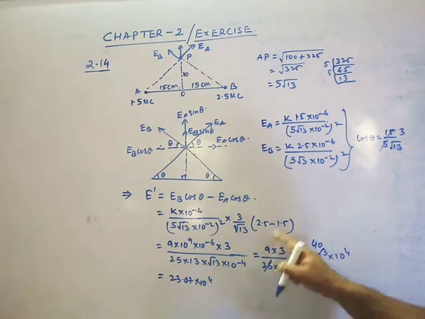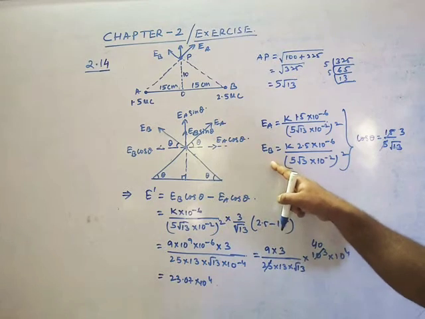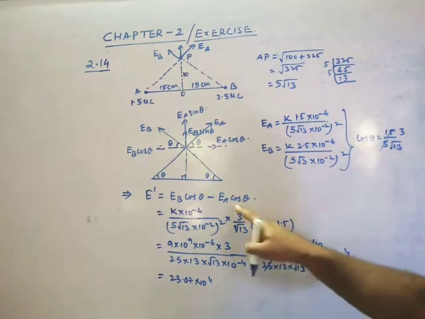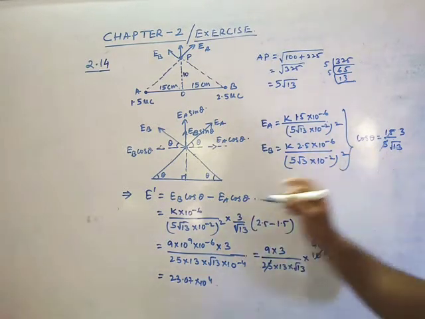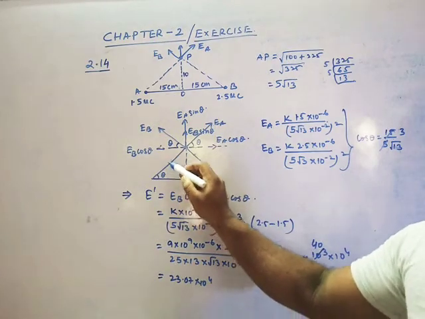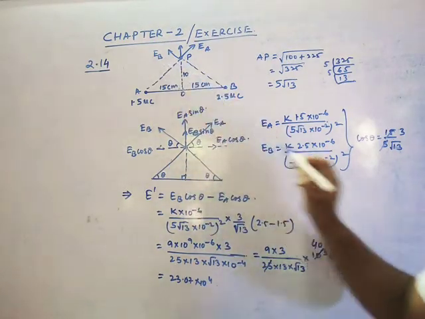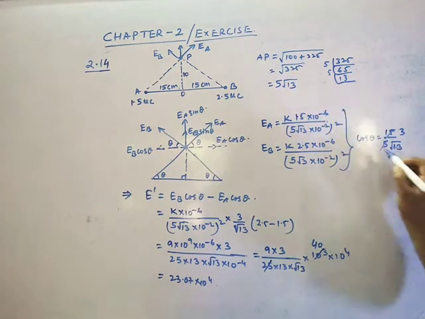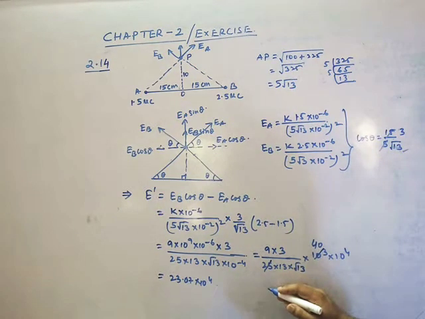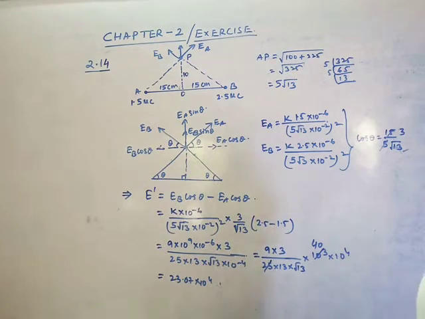No problem at all. How to find EA and EB I have already written there. Here it is. Now the problem is with the cos. How to find the cos? Take this right angle triangle. Cos is equal to base by hypotenuse. Base is 15 by this. We got it 5 root 13. 5 root 13, is it right? So in this way you put it and you get this answer. But this is not the end, right? One more is there.